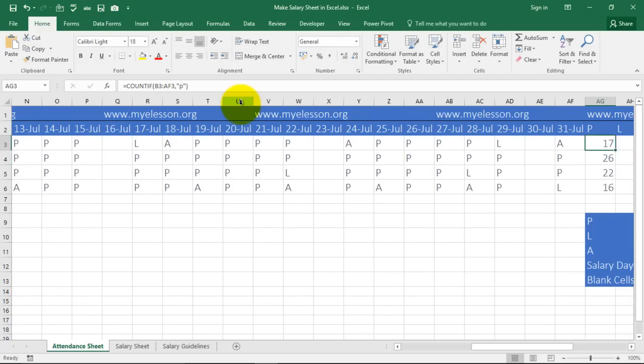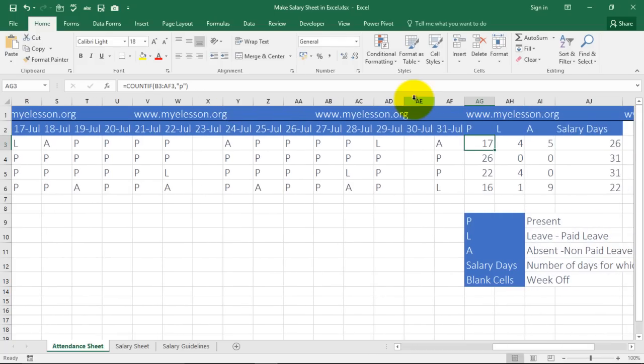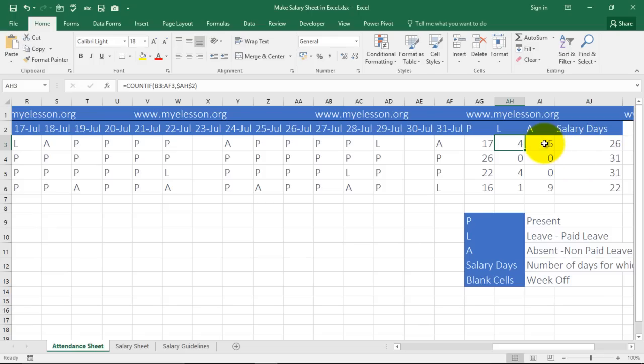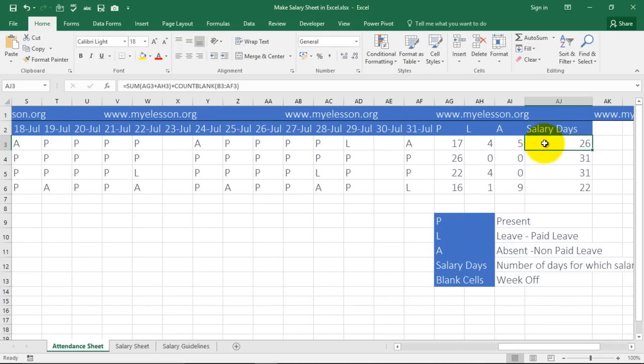P for present, and we get the answer 17 present days, all right. Similarly, I have counted leave. Similarly, I have counted absent also. And salary days, how I have counted is, I have taken the sum of present and leave because leave is paid, correct? Over here, I've taken the sum of present and leave plus the sum of week offs, which I have counted using the COUNTBLANK formula.